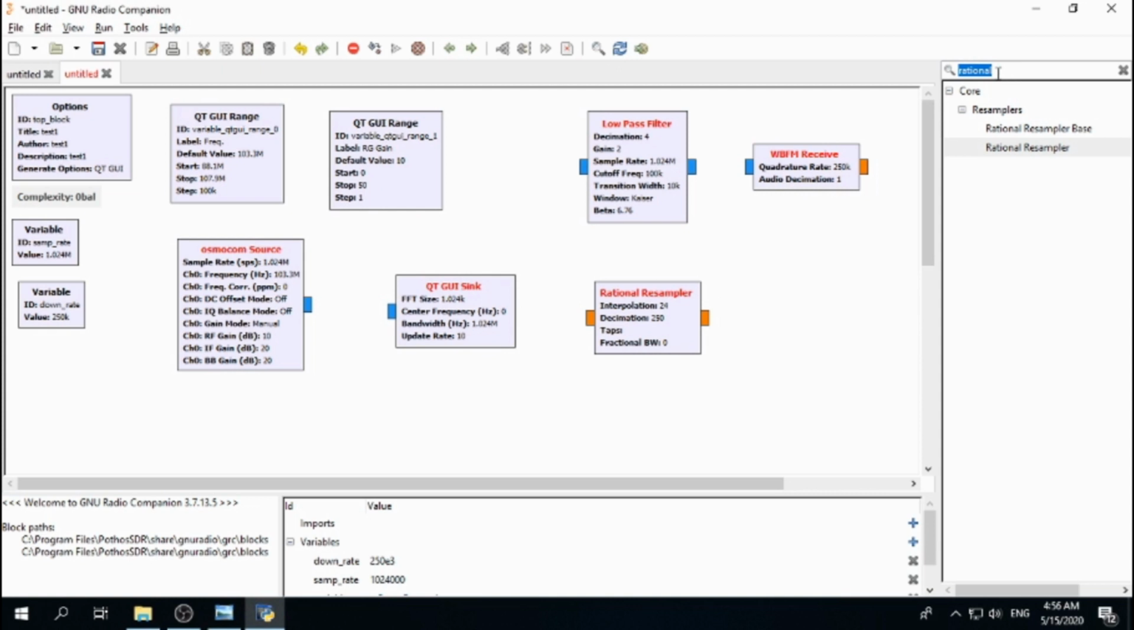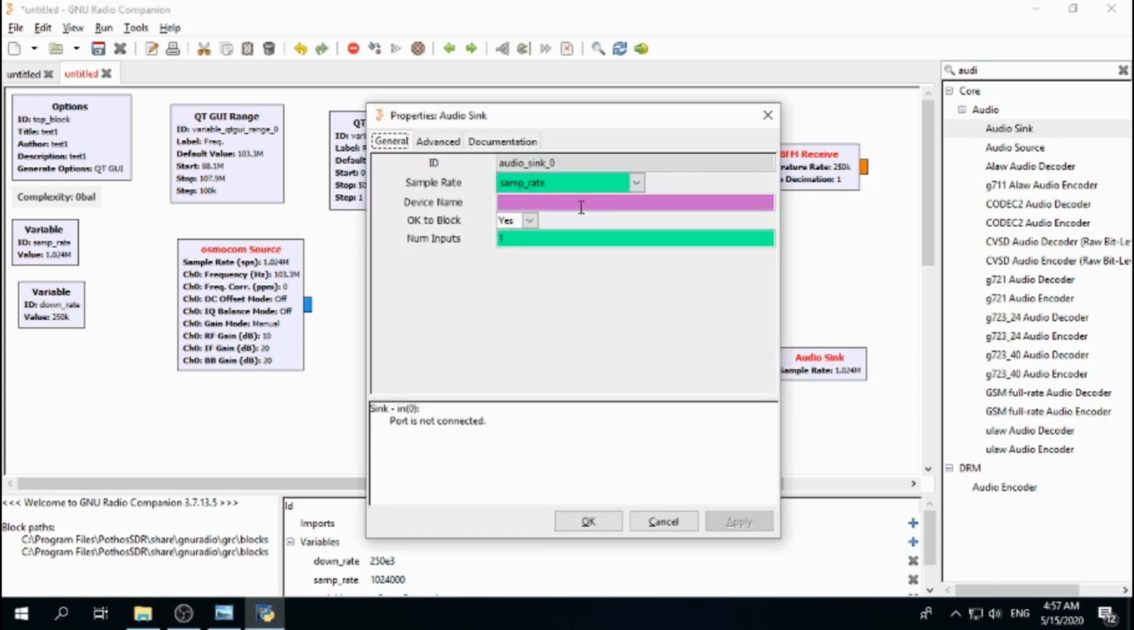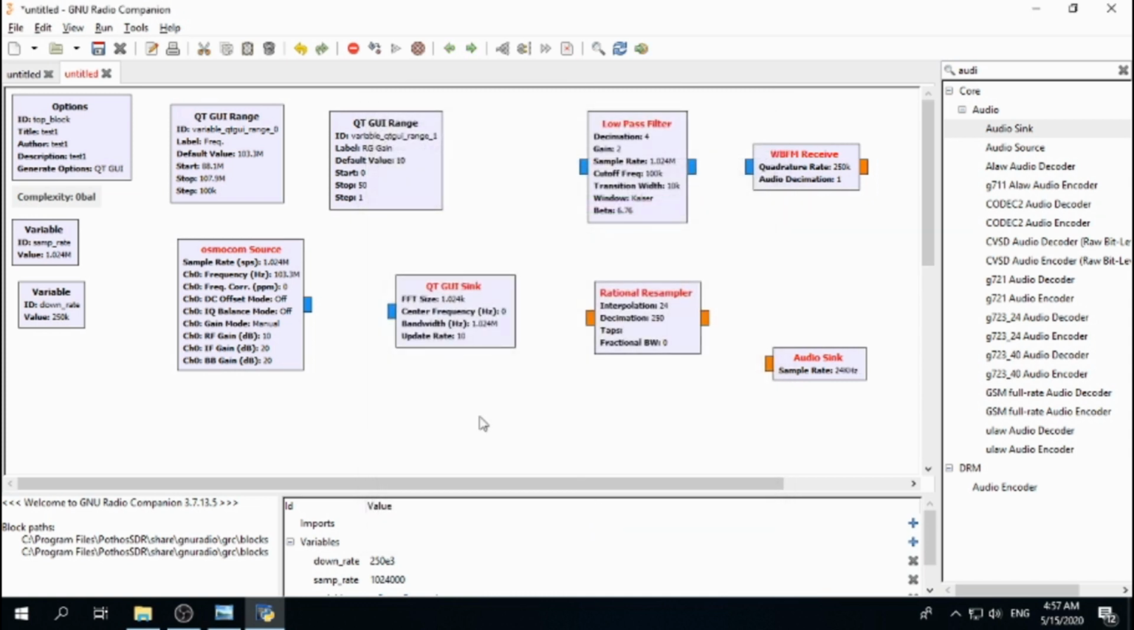Let's search about it, audio sink. Audio sink, as you can see, audio sink 0. Let's change the sample rate to 24 kilohertz. Okay, right now let's